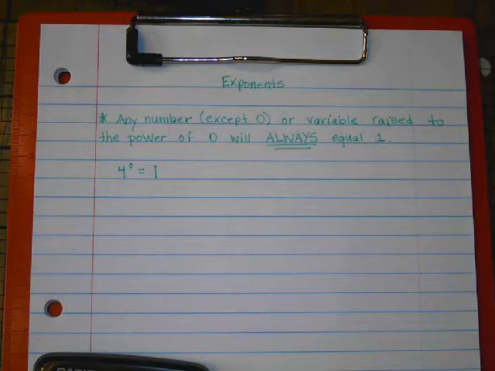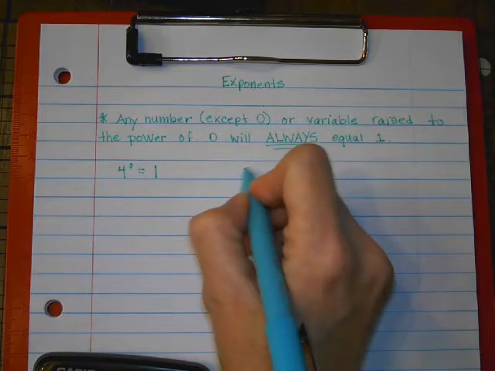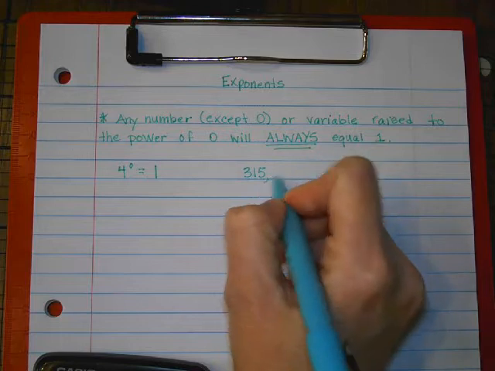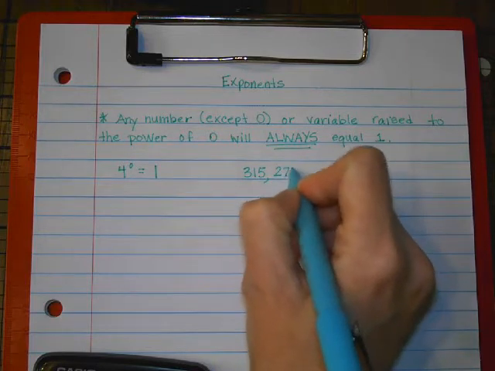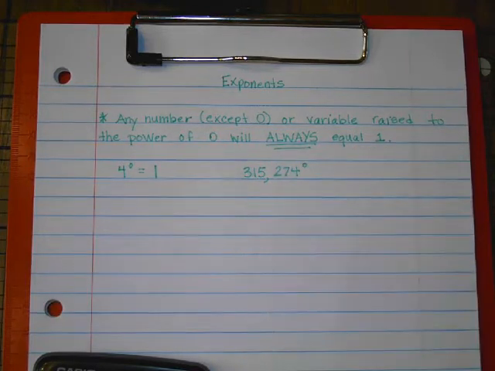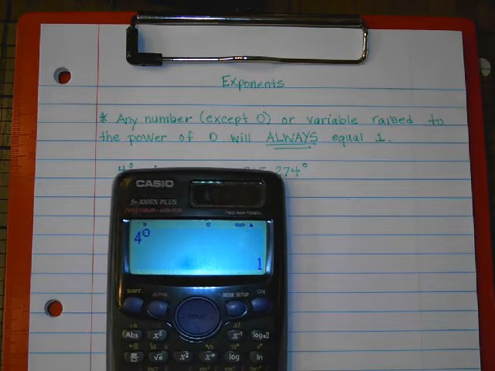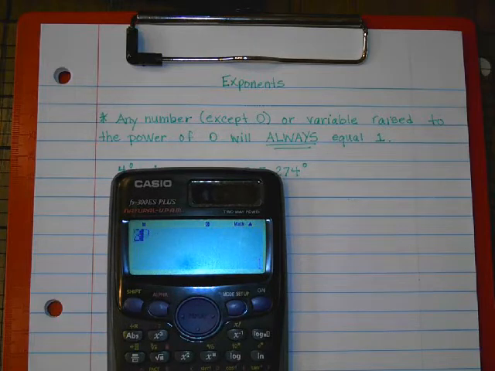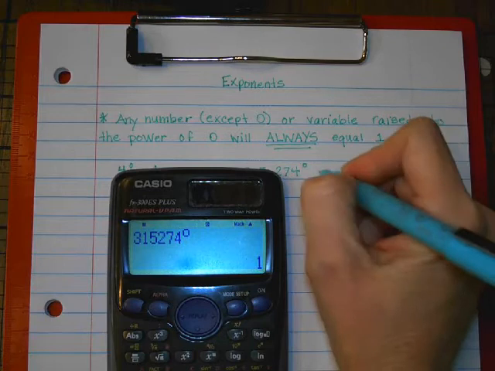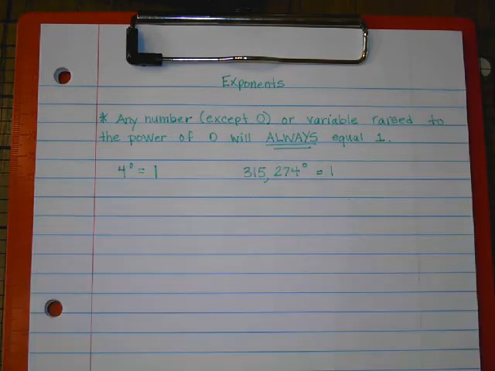Even if it's a big number. So let's do a big number, 315,274. I'm going to raise that to the 0 power. So bring our calculator back in view. We're going to do that 315,274, and we're going to raise it to the 0 power. And looky there, we get a 1. So it doesn't matter how big or small our number is, as long as it's not 0, it will be